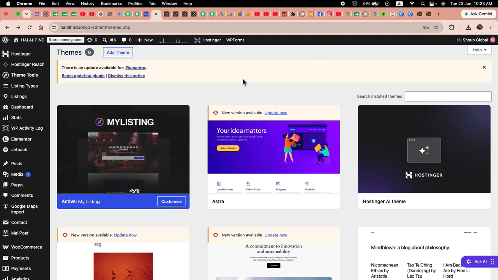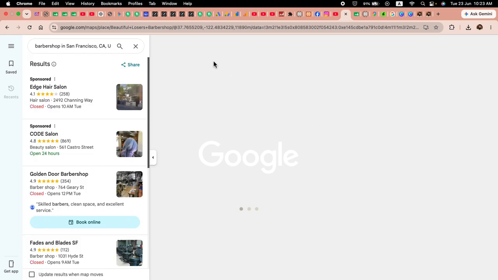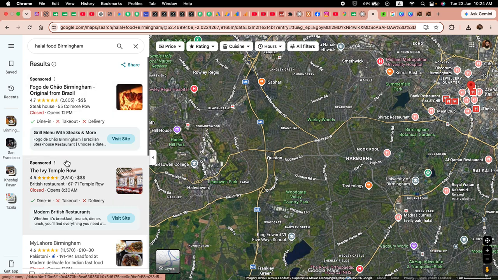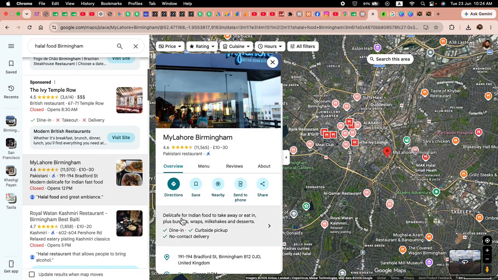In today's video, I'll show you how to scrape data from Google Maps and import it into your WordPress MyListing theme. So, if you have a website built with MyListing and you do not have the data in the listings, then this is the platform where you can scrape data from Google Maps with everything included: the title, the overview